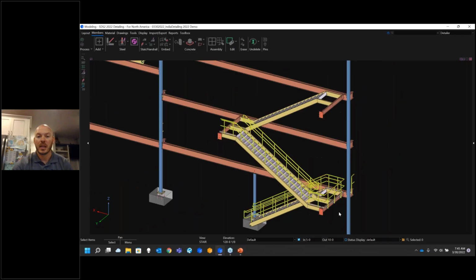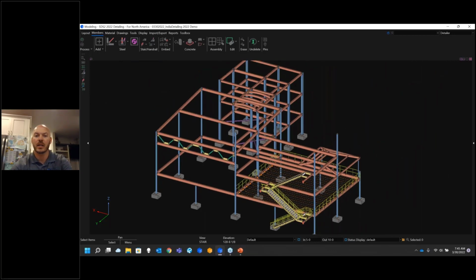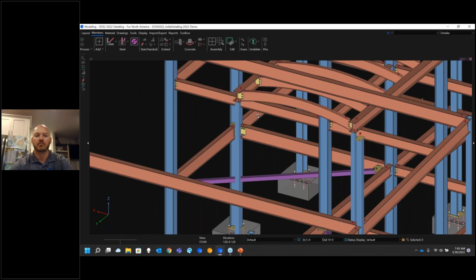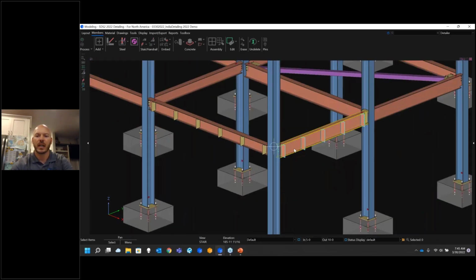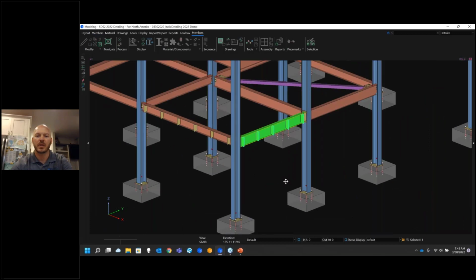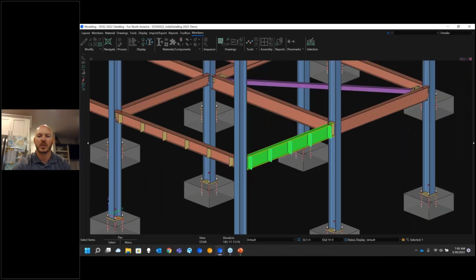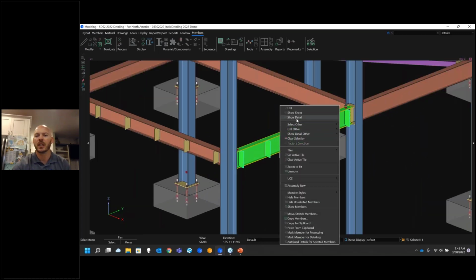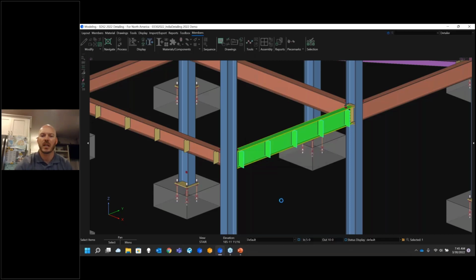Now, the next step would be, I've got my model all created, all in here nice. We need to generate some drawings from this. So I'll come back to my beams over here, and I'll grab just the one beam. Now I could detail up a whole sequence. I could detail up a bunch of members from a list. For time purposes, I'm going to create a detail just for this one beam,